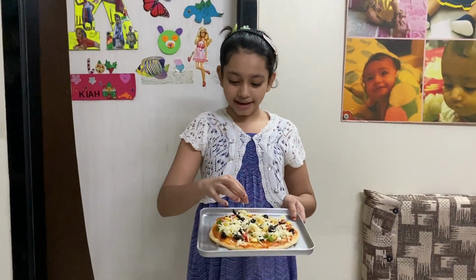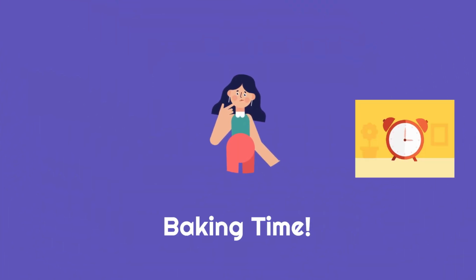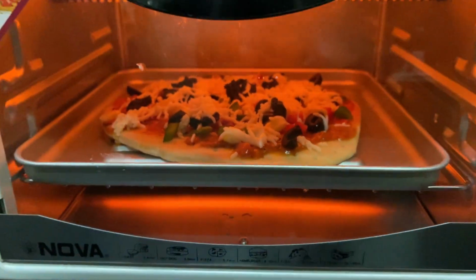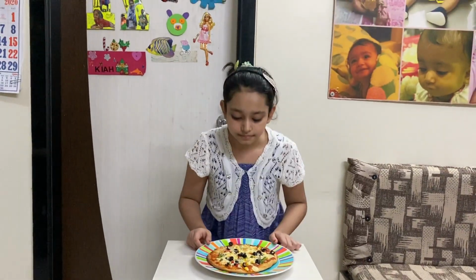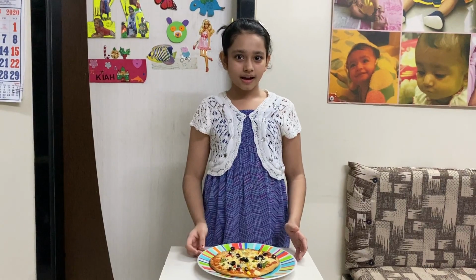My pizza is ready and now I'm gonna bake it. It's ready! Smells so delicious. Wait, I just got a brilliant idea. What if I make a miniature pizza? That's gonna be my